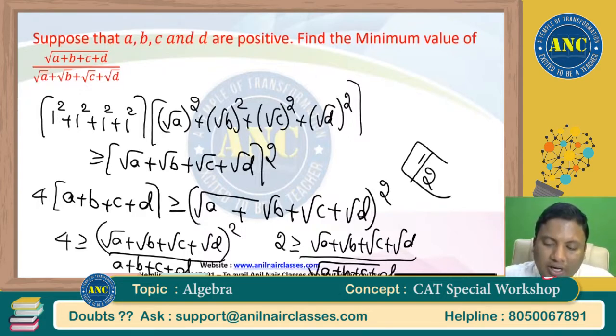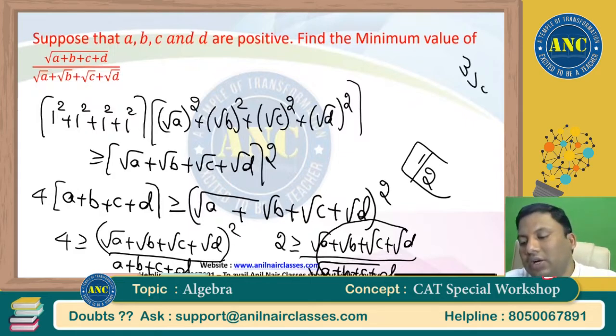So if I reverse it, suppose that a, b, c, d are positive real numbers. I took (√a) whole square, (√b) whole square, (√c) whole square and (√d) whole square. 4 is greater than or equal to √a + √b + √c + √d. So applying the square root on both sides, 2 is greater than or equal to √a + √b + √c + √d. For this function, if I cross multiply,